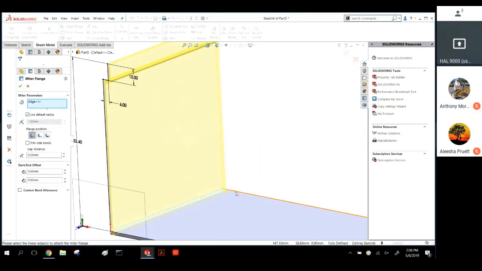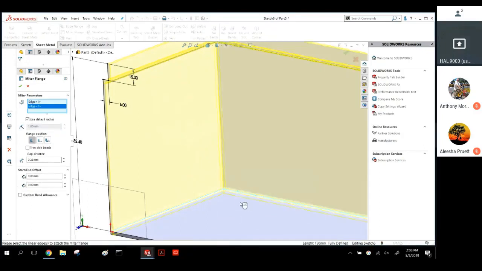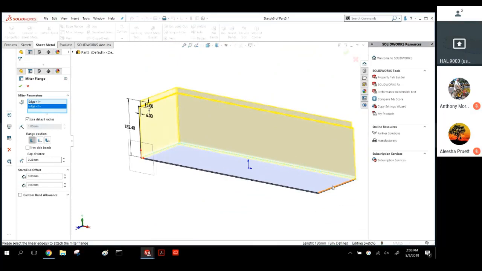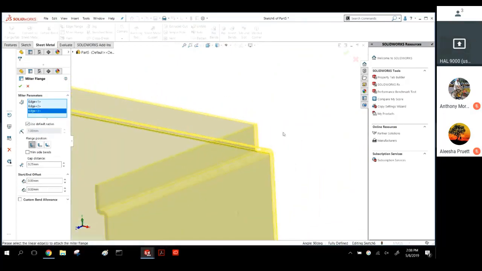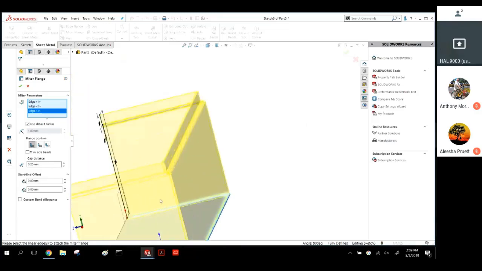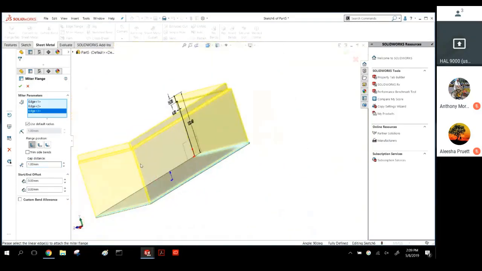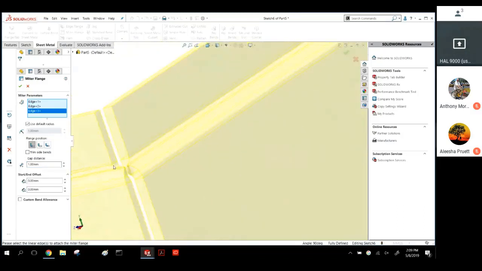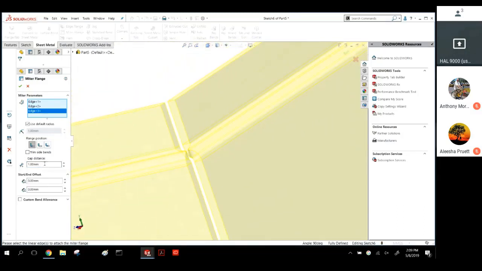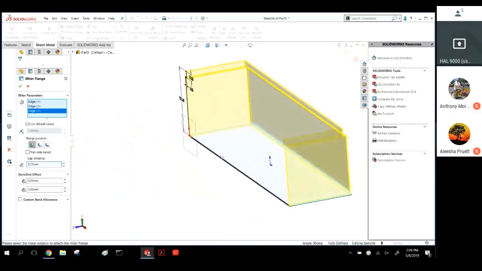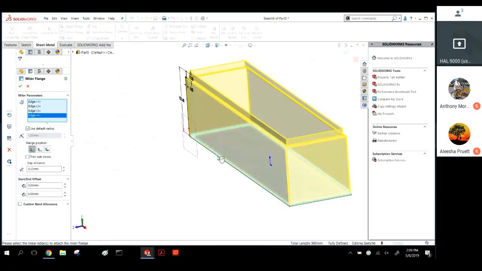Now, when I'm doing a miter flange, if I continue to pick edges, it'll continue to put that wall up along that edge. And what the miter is referring to is where the corner is on these things, they're going to miter to one another. And whatever gap distance I put in here is the distance that miter is going to have, room to breathe in. That's as close as those edges are going to get to each other. So if I do all 4 edges,